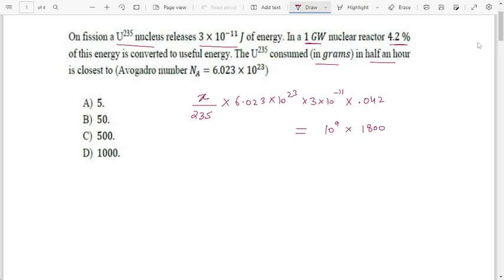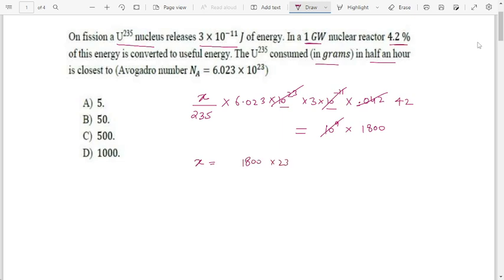So if you see 10 to the power 23 and 10 to the power 11, this will make it 10 to the power 12. And out of this 10 to the power 12, you can take out 3 zeros and make this 42. So what I'm doing is, I'm making it 10 to the power 9, and this I'm writing as 42, and 10 to the power 9 will be cancelled. So from here, x is nothing but